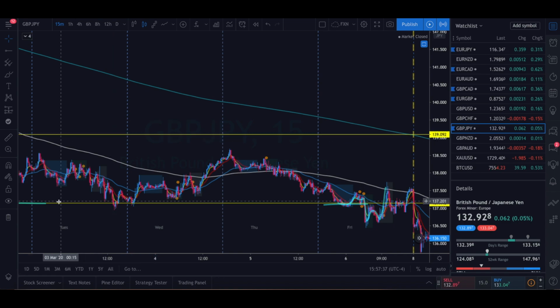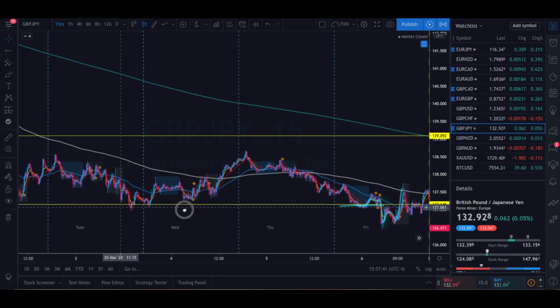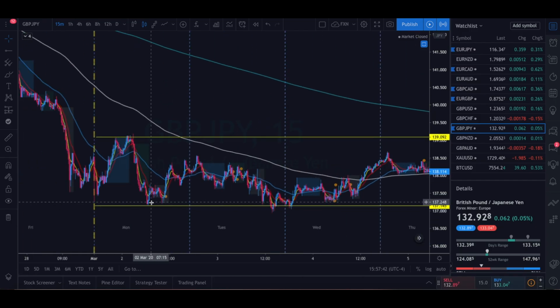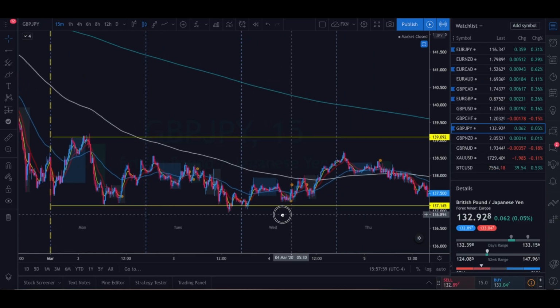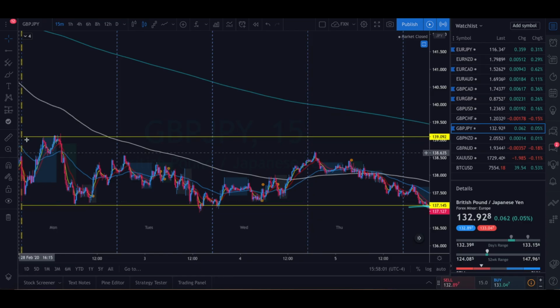So the initial low right here that was set on Sunday, Monday was never penetrated on Tuesday. It basically bounced off of that and it went up. That movement right there should verify for you that you're in an accumulation cycle. Okay? So it's all in the behavior that happens here, guys. If you notice what happens here on Tuesday,